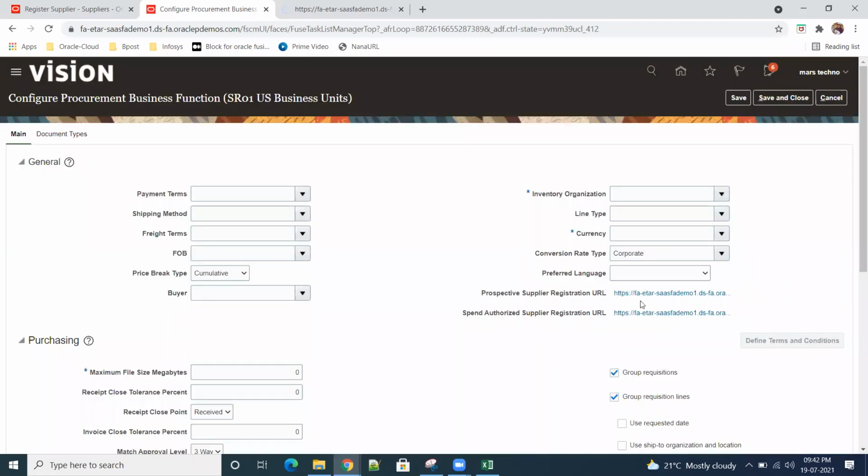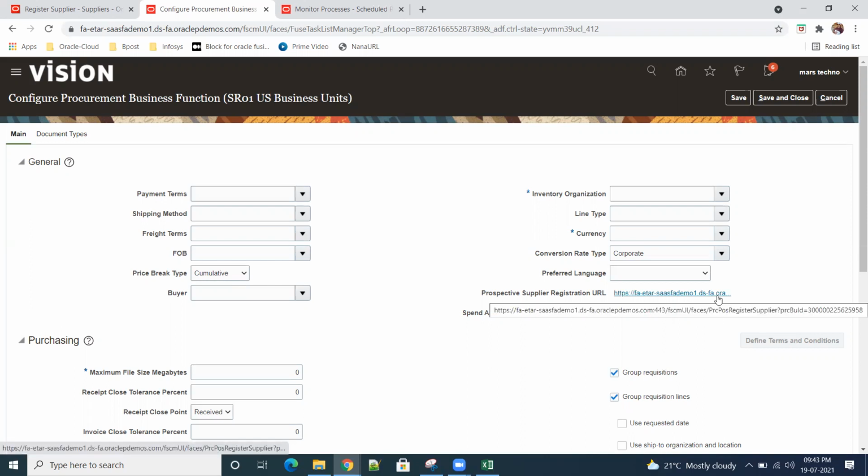See here, these URLs are there, right? These URLs we are giving to the suppliers. Suppliers will enter the data, and once they submit, the system will automatically send the registration number to the cloud. So whenever the supplier himself is creating and adding the details, these particular URLs will be provided to them. So whenever a registration comes from these URLs, that is the external registration.